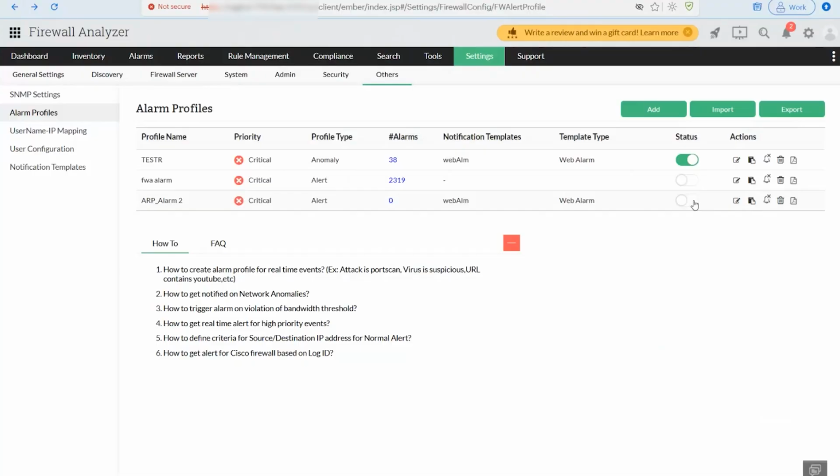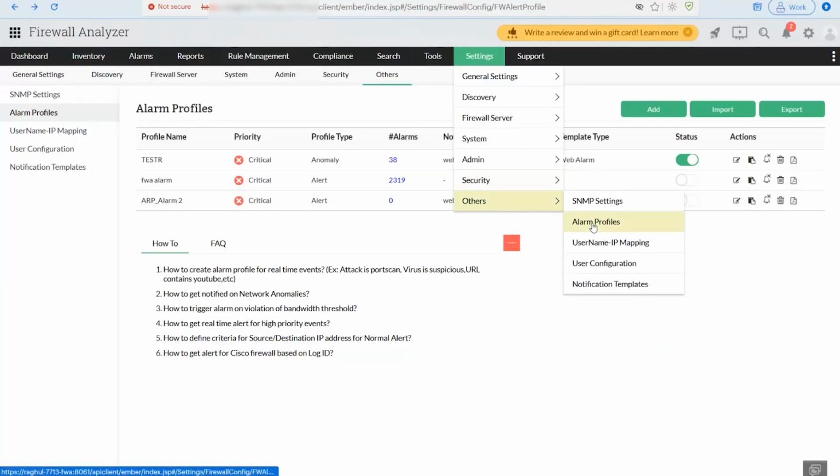So let me take you back to the product. And again, same way, in the other tab, we'll go to alarm profile. Once you are into the tab,